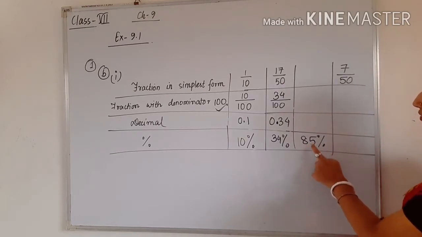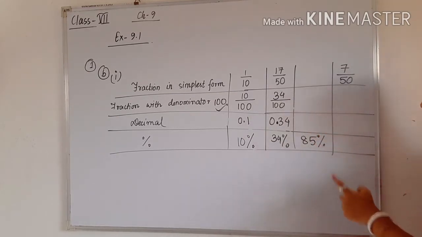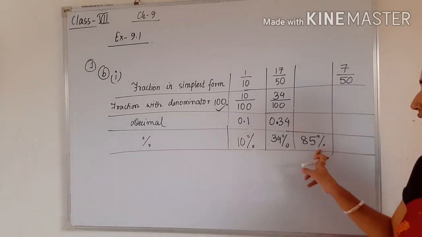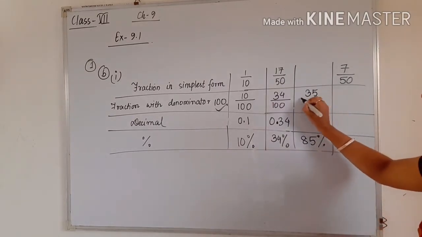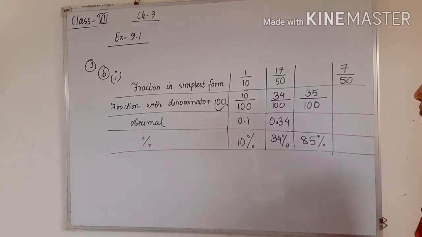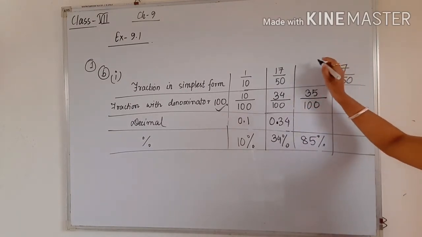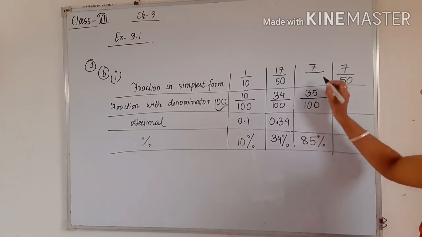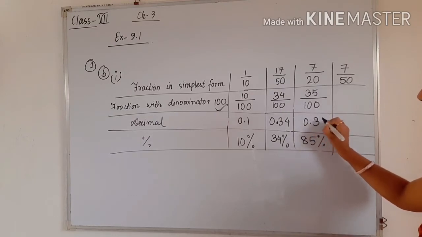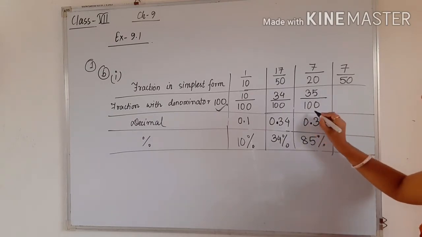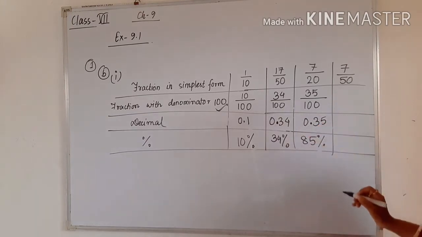So next one is 85%. So for 85%, just write the second box first, because here the denominator is 100. Just write this one. So 85% means you have to remove the percentage symbol and divide this number by 100. So this becomes a fraction with denominator 100. Next, you can cancel it out for writing the fraction. So the numerator will be 17 and the denominator is 20. Okay. Next, in decimal it will be 0.85. Already you know how to convert. Okay, there are 2 zeros, so from the back side you have to go 2 places forward. Okay, 7 by 50.